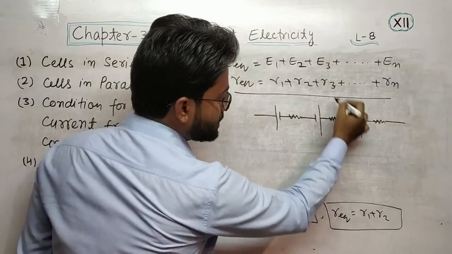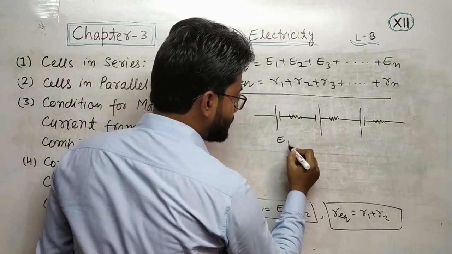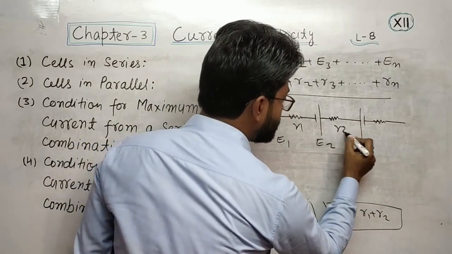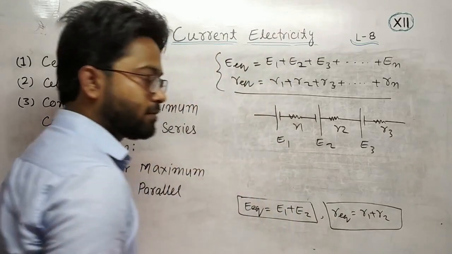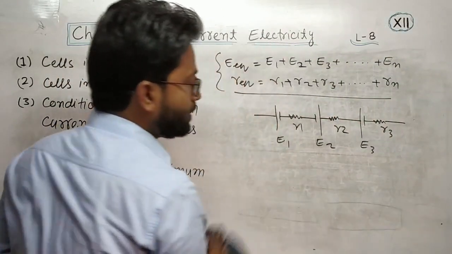The terminals of this cell are opposite. What will we do? This is E1, this is E2, and this is E3. This is R1, this is R2, and this is R3. What will we do? The equivalent